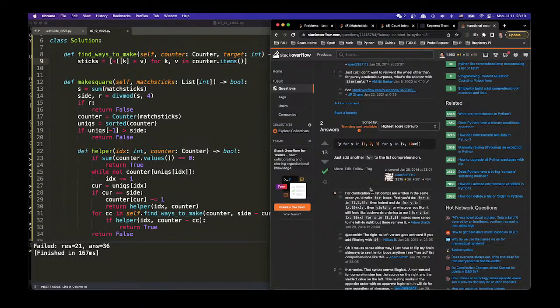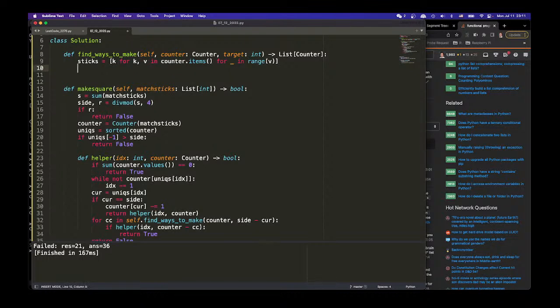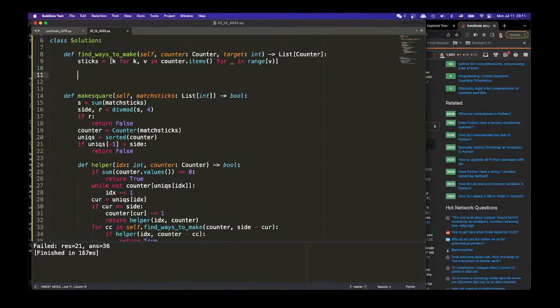Oh, okay. So we have to do multiple. I guess it's fine. This was the first level, and then for this in range V, right? Oopsie doozy, what the heck are you doing? Okay. So that's all the sticks. And it doesn't matter, we don't have to sort it. And we just say def